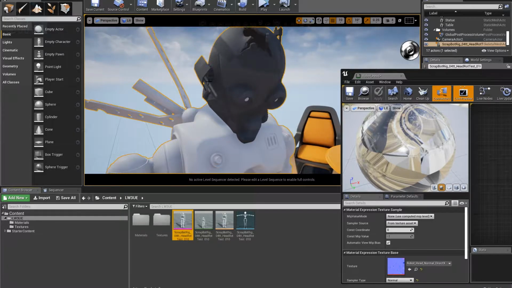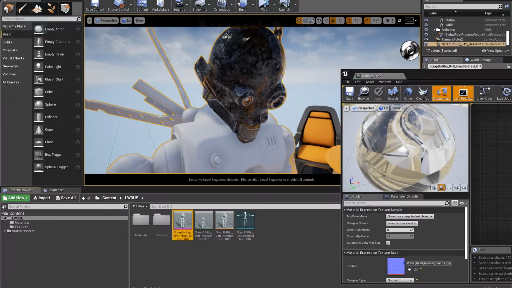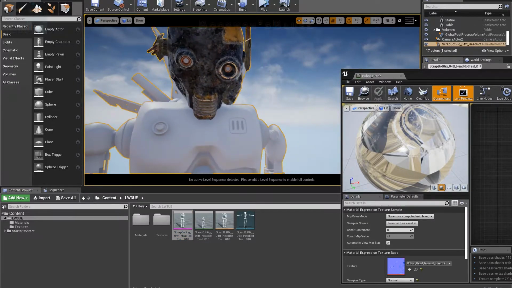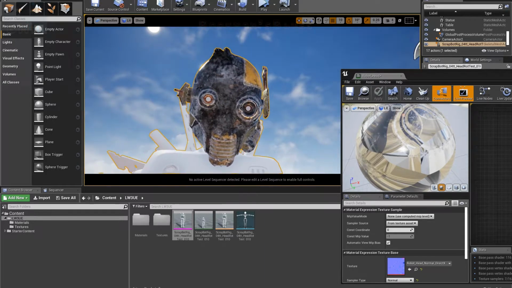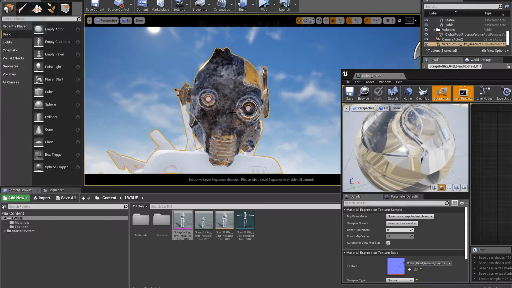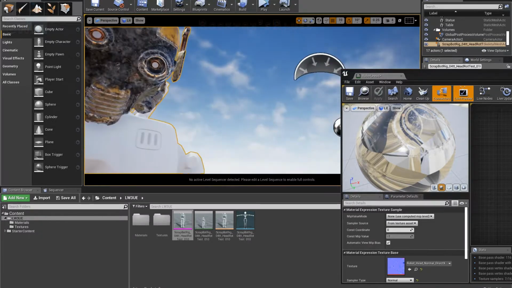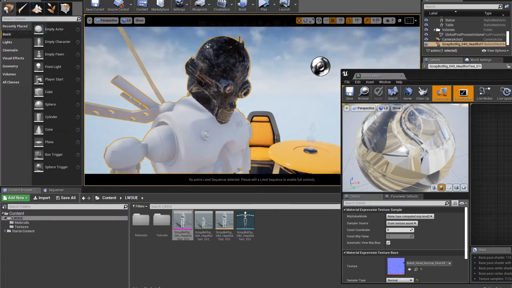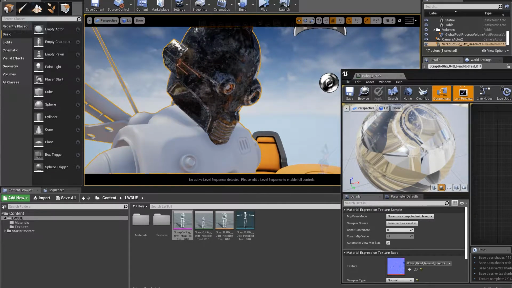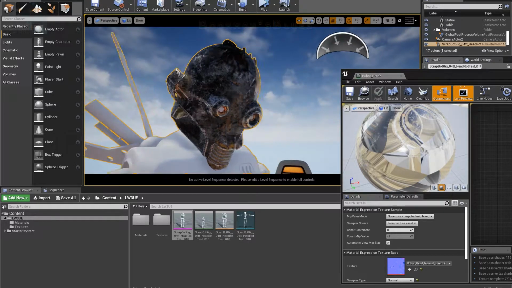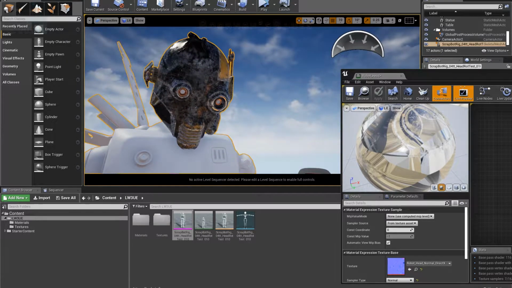Now, the grid is all at kind of weird angles because that's the way the UV is, but because I painted this head in Substance Painter, and granted it doesn't look the best because this was the first time I'd ever textured anything in Substance Painter. I've subsequently retextured this thing like 5 times, so the current version looks a lot better, but this is the one I had on hand when I just did a quick search. Anyway, now that the material is applied,